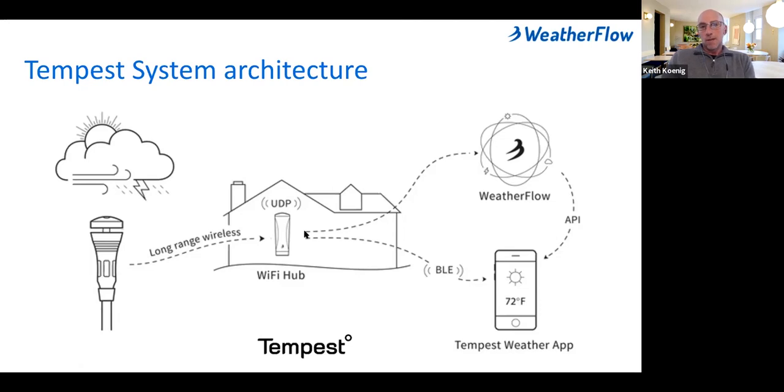But the most normal way to use it is actually to publish the data to the WeatherFlow cloud, where we do a whole litany of data sciences and curation. Then we use an API to provision what most users are seeing in the Tempest app. And it's this crazy circle here in the WeatherFlow cloud, which is really the secret sauce behind the Tempest system. And it's actually the most difficult to talk about because it's not tangible, it's not hardware, it's not what you're used to, it's fairly atypical, but it's really, really important. And I will get into talking about that.